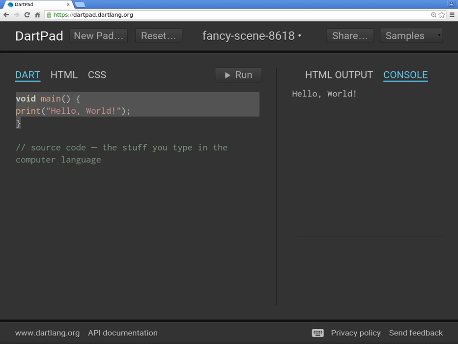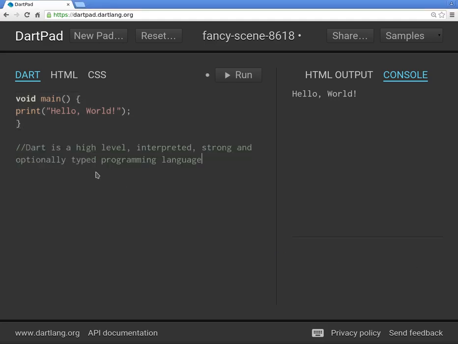Let me just start off also by saying Dart is a high-level, interpreted, strong, and optionally typed programming language. Now let's understand a few ideas. Just again, the basics of programming. Let's talk about high level and interpreted. We'll talk about strong and optionally typed a little bit later. I hope you know what a programming language is, okay? So when we talk about high and low level languages themselves,